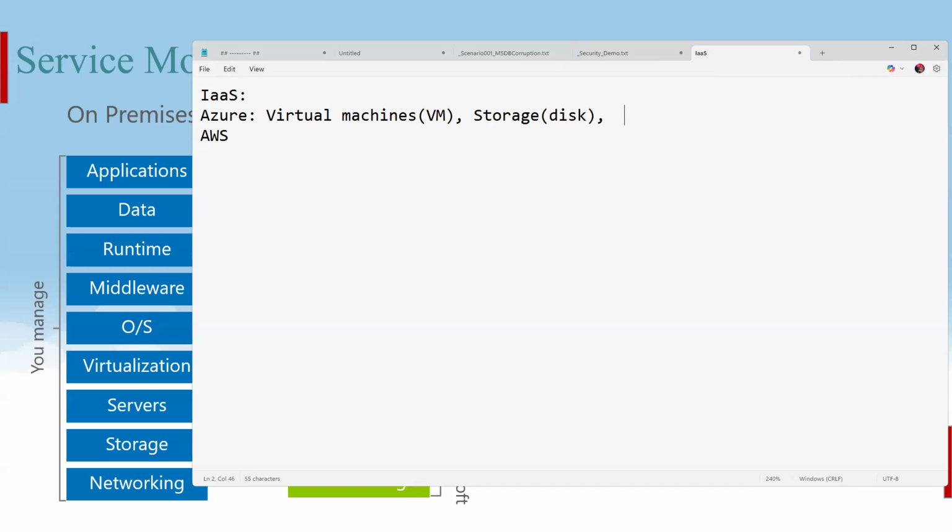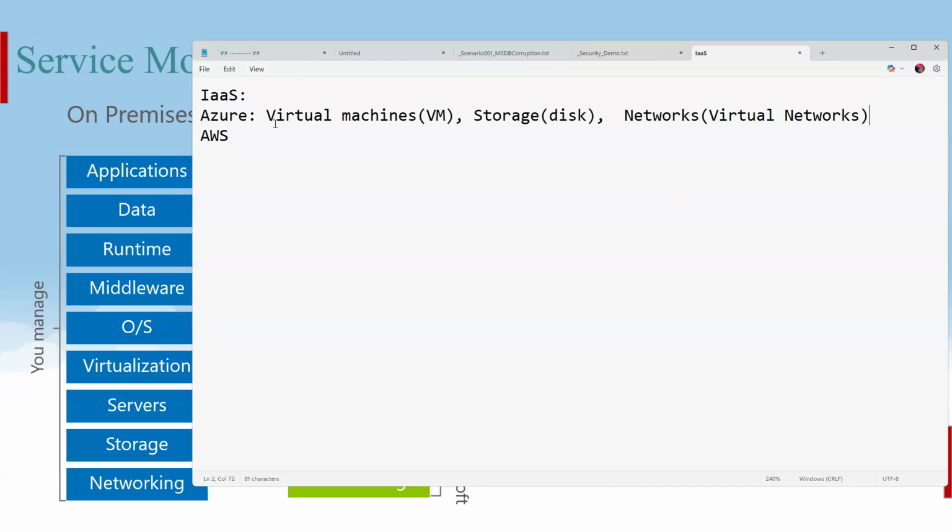Disk. Now networks: nothing but virtual network. These are the major three things that come into the IaaS platform.